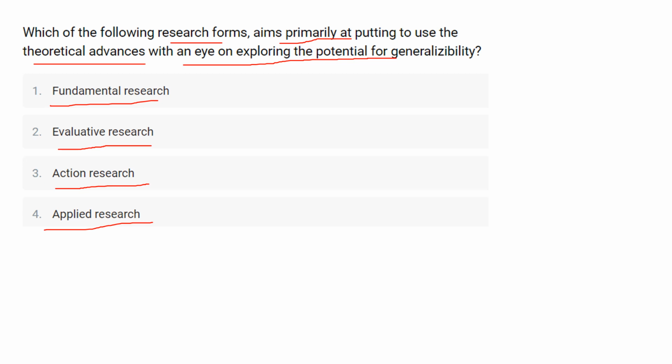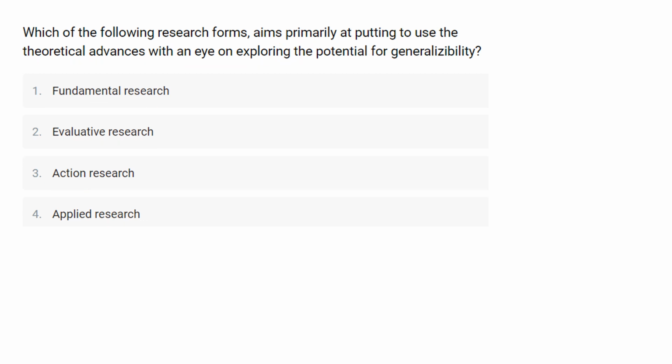Okay, and it is typically a follow-up research design that further investigates findings of pure or basic research in order to validate those findings and apply them to create innovative solutions. So here the correct answer is applied research.